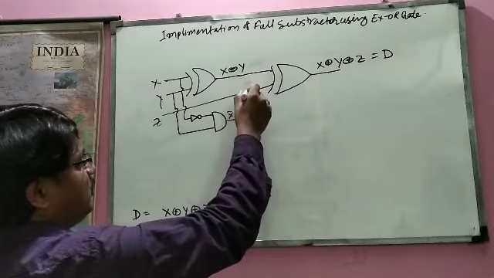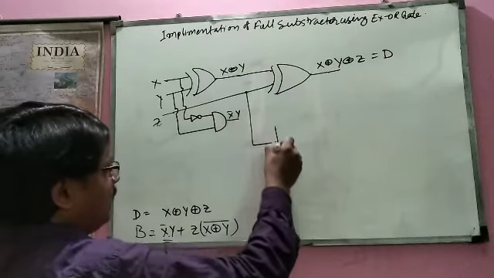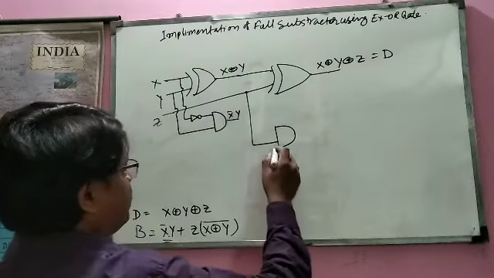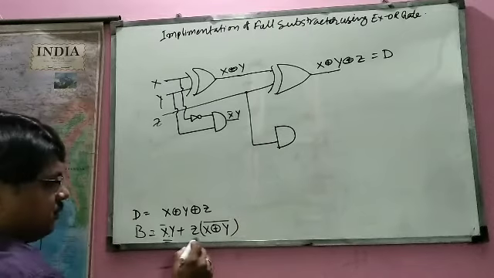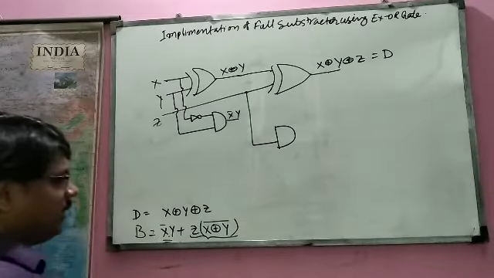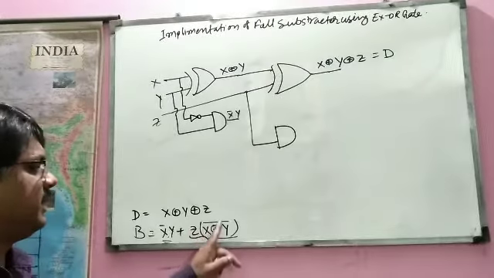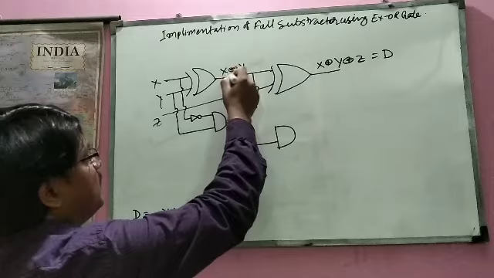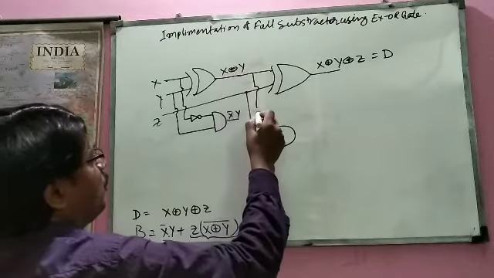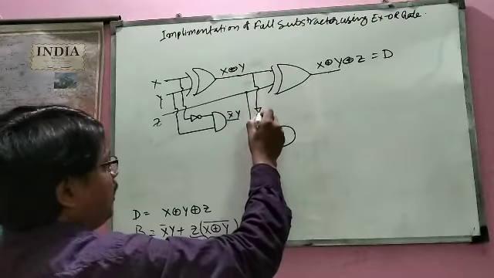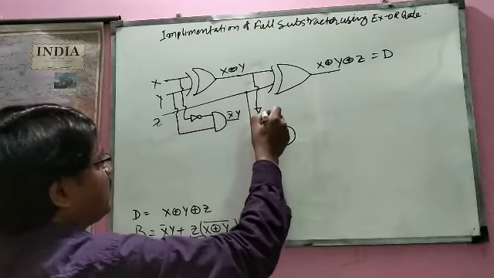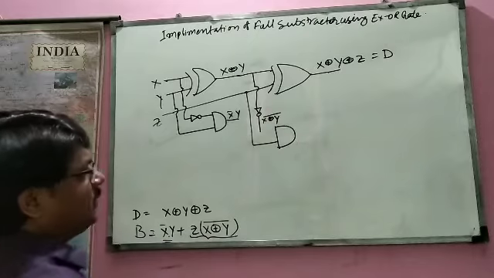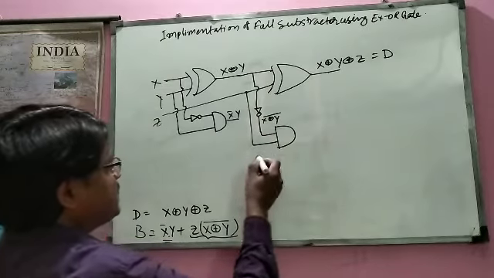And now see this is z. So z will directly go to one input of one AND gate, because for getting this one we will have to multiply this z and this circuit. So here we already have this circuit x XOR y. So if we put one NOT gate here, it will be x XOR y complement. Okay, and this is what?